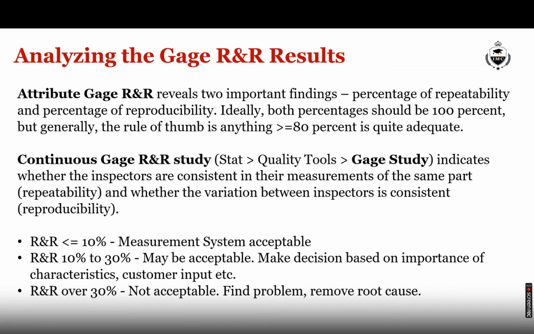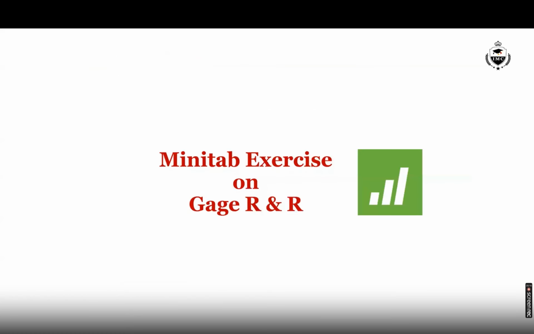In the case of discrete data, if the percentage comes to greater than or equal to 80%, we will accept the result. In the case of continuous data, if the result, which shows the variation, comes to less than or equal to 10%, we will accept the result. That is excellent measurement. If the percentage is between 10 to 30%, we have to take a call. That is, the organization management has to take a call whether we will go with this or not. But if the percentage is greater than 30%, we will completely reject and go with another round of measurement system analysis with a different data altogether.